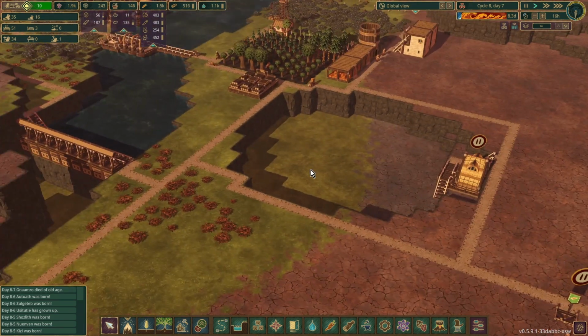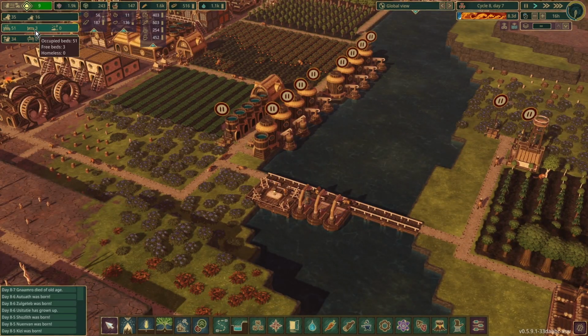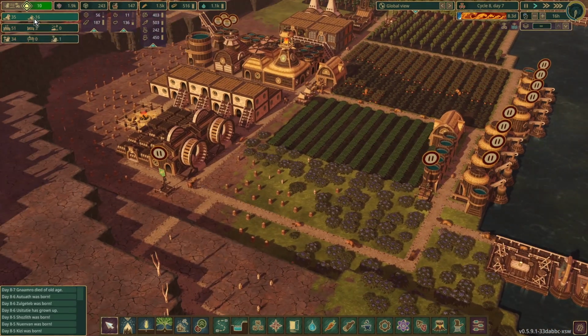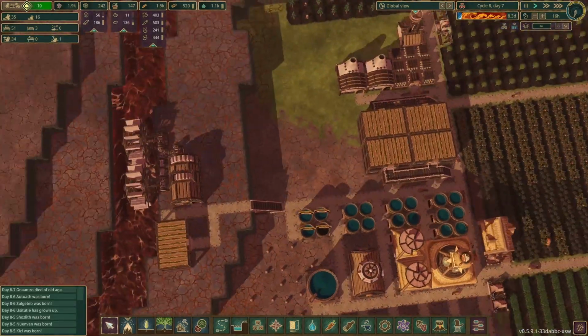Currently at the moment we only have one unemployed beaver, so we're not going to be doing it just yet. We have 3 spaces available, 16 children, so it's not going to be too long before we start getting some more workers in. So what I'm going to do for the moment, I think,